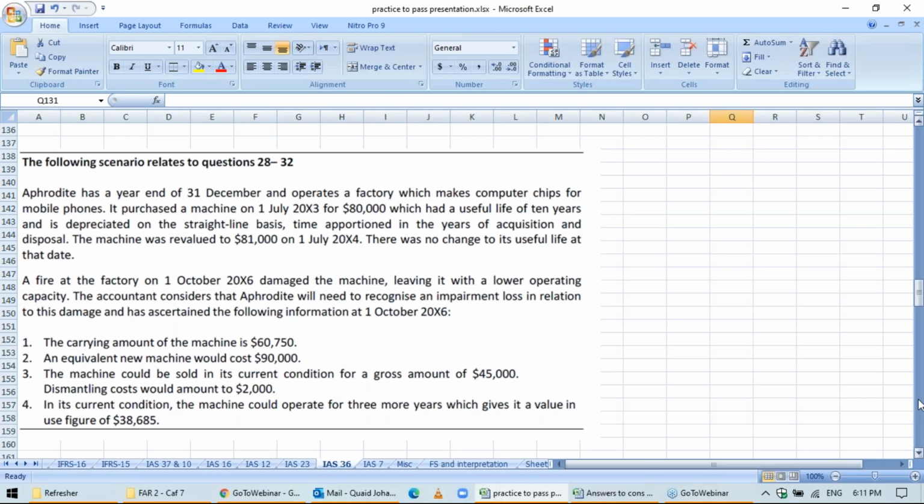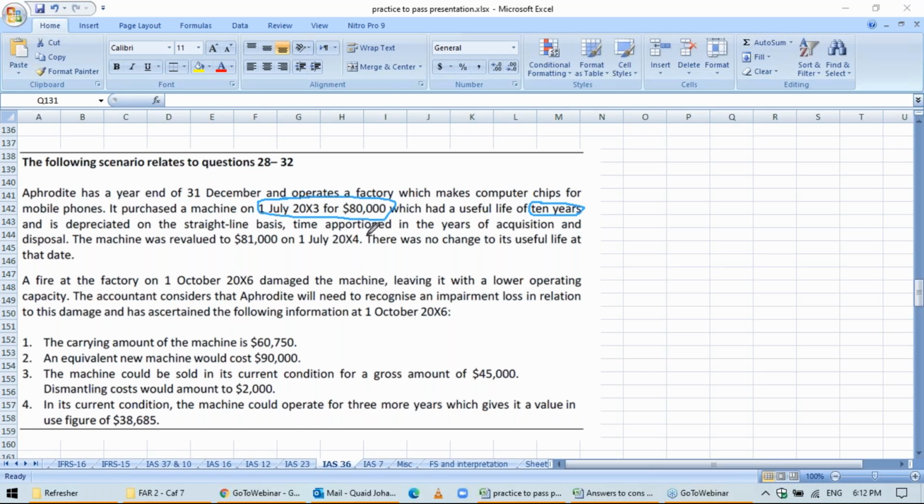Okay, students, let me tell you the story in the first paragraph. So the story was that Aphrodite purchased a machine on 1st July 2003 for 80,000, and then depreciation was charged over 10 years on it